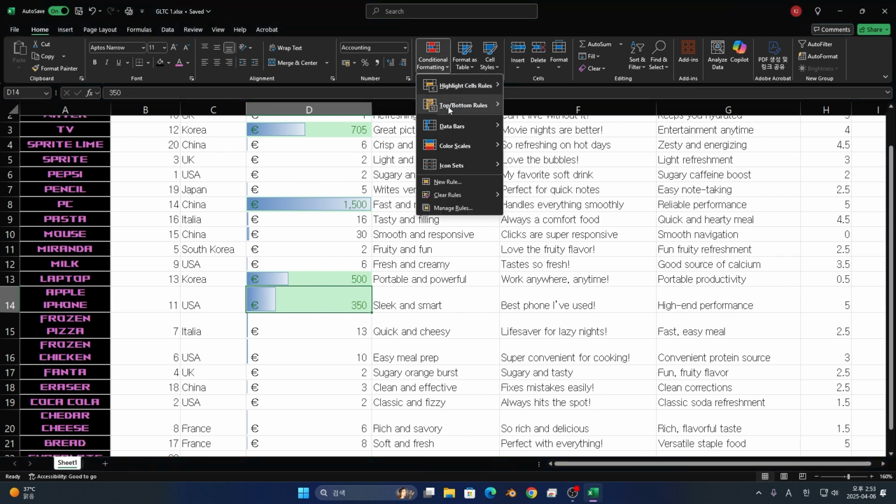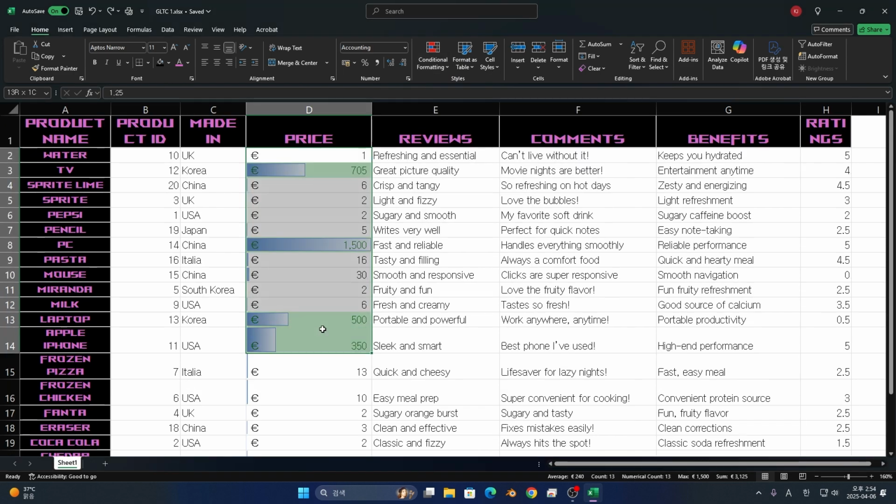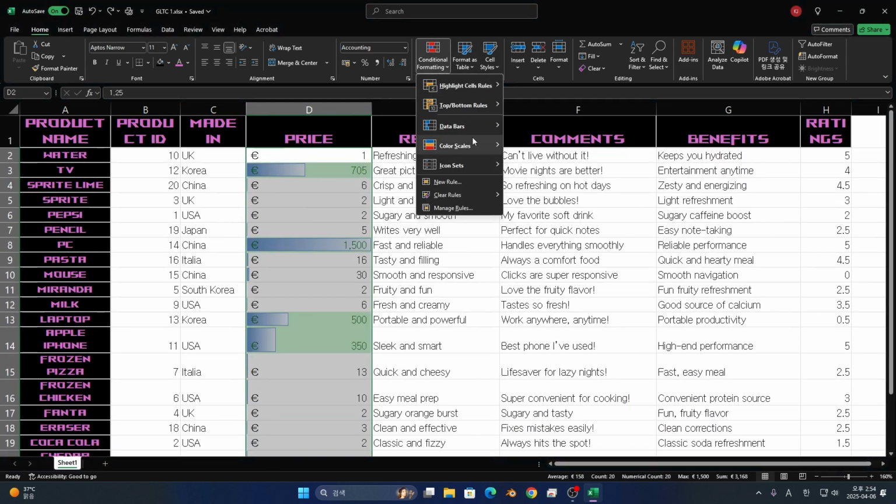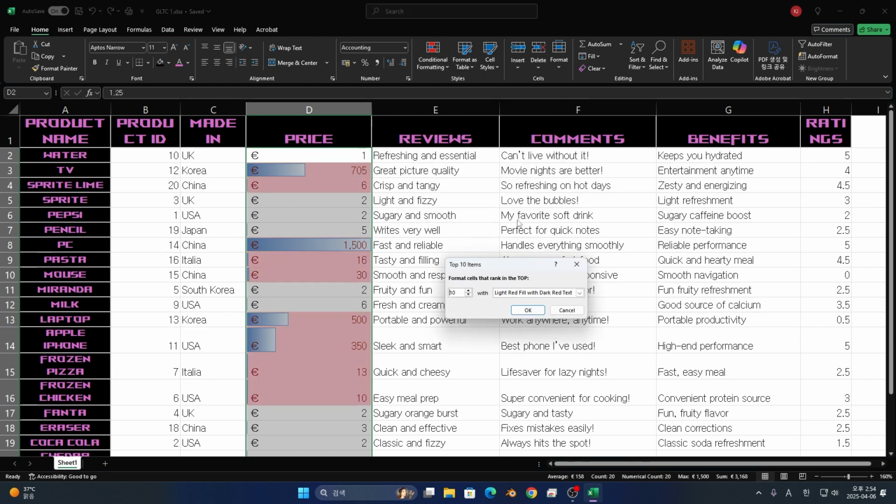Let's try. And next is top bottom rules. Top bottom rules allows things like top 10 items, top 10%, bottom 10 items, and bottom 10%. Select it first and go to conditional formatting, top bottom rules. Top 10 items will be highlighted. Maybe I will just use top 3 items, the top 3 most expensive, and I'll color it with